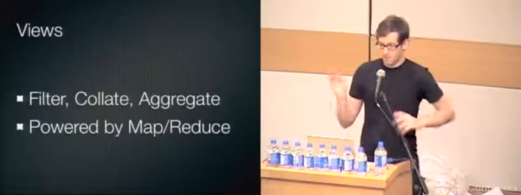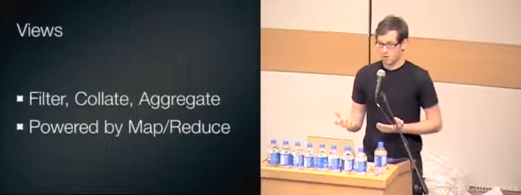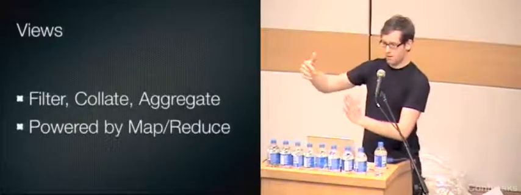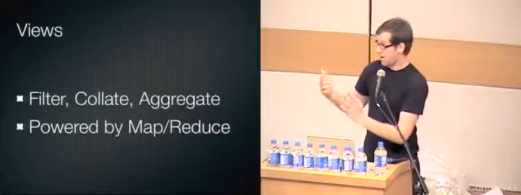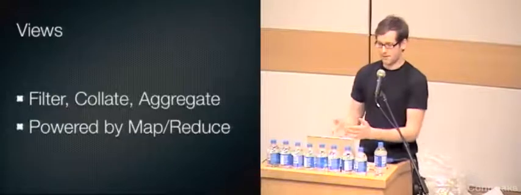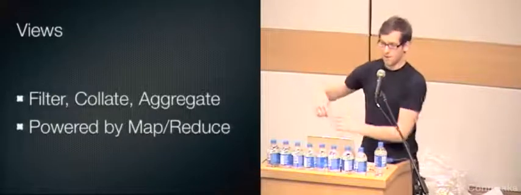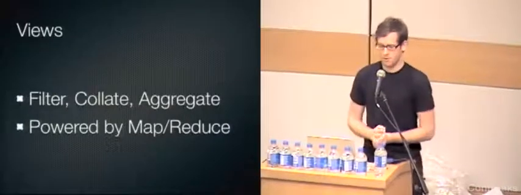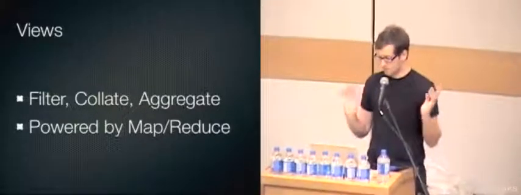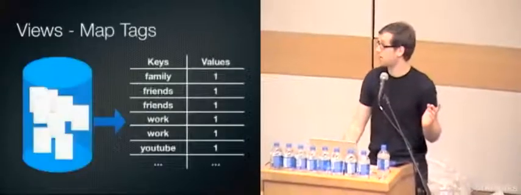You, as the programmer, provide the map function and the reduce function, and CouchDB takes these. When you query a view, that's just the basic terminology here, CouchDB executes the functions you provided. You don't actually execute the functions. CouchDB runs all the data through the function and returns the calculated result. And here's a simple example of how that works.